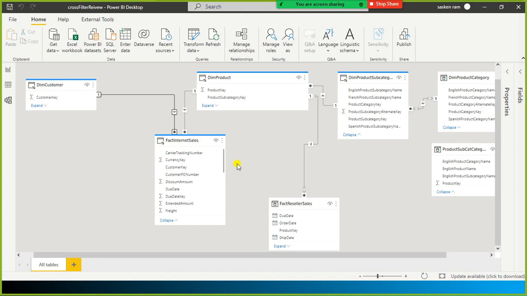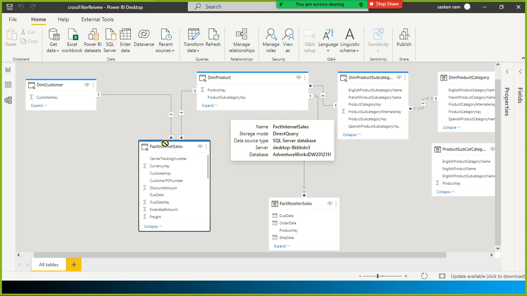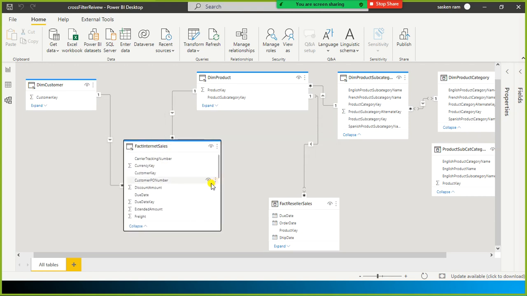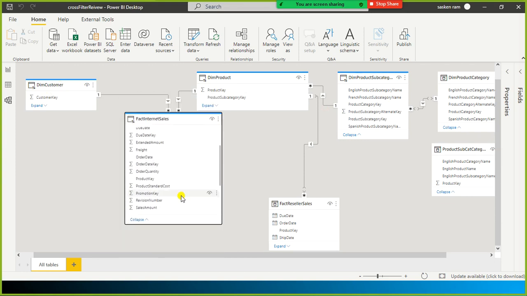Different people use different terms, but at the end of the day, when it comes to a many-to-many relationship, you need an intermediary table. So in this table, we have customer key and product key. But when it comes to star schema, we don't call this a junction table, because the fact table captures the facts along with the dimension keys. The dimension tables provide the context to the measures that are part of the fact table. What do you mean by measure? Measures are nothing but the numerical values, like extended amount, and you have something called the sales amount.